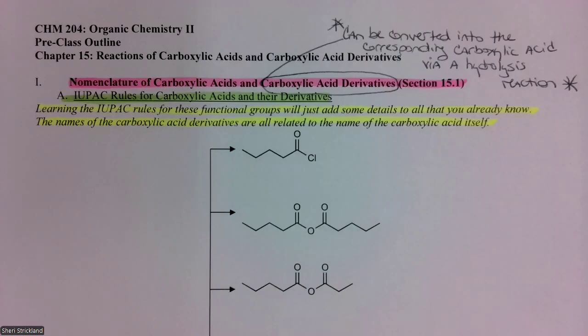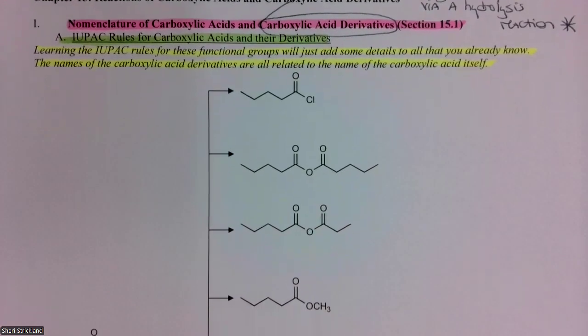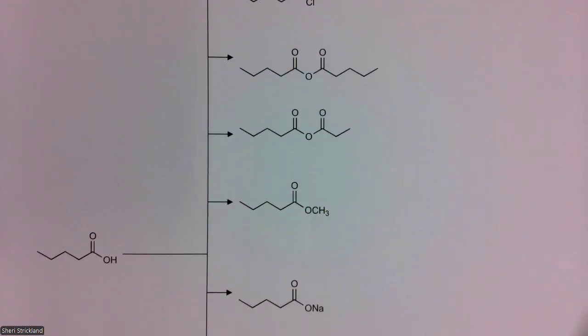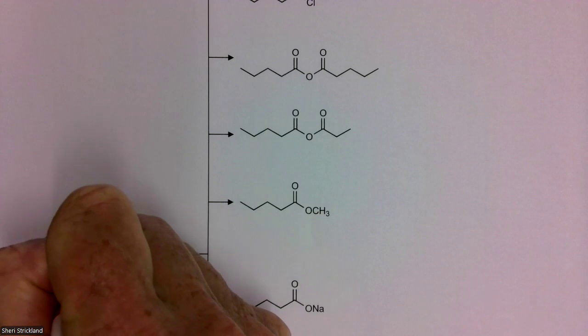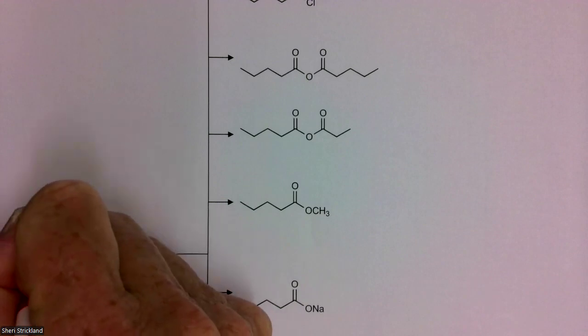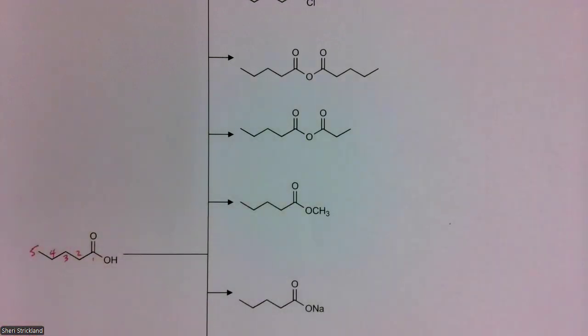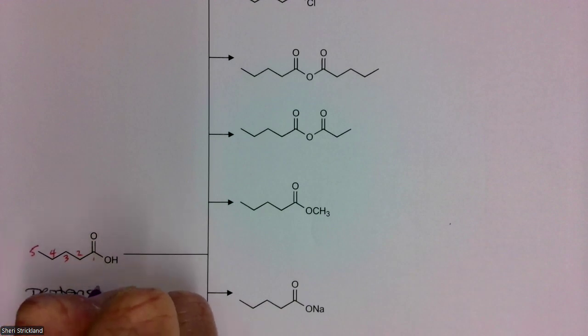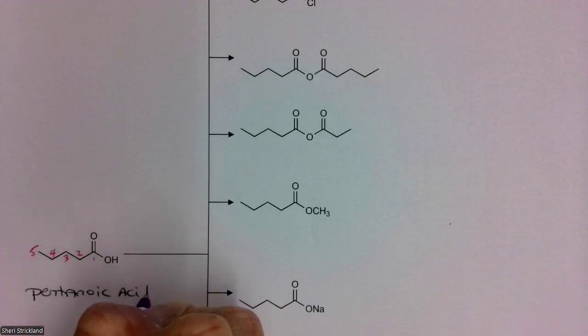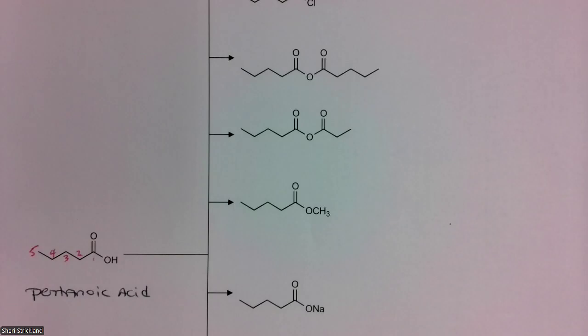So we're going to go through starting with this carboxylic acid right here and see how these other compounds have names as well as structures that are related to this. So you see here, I'm going to number this parent. This guy is called pentanoic acid. And the carboxylic acid group,